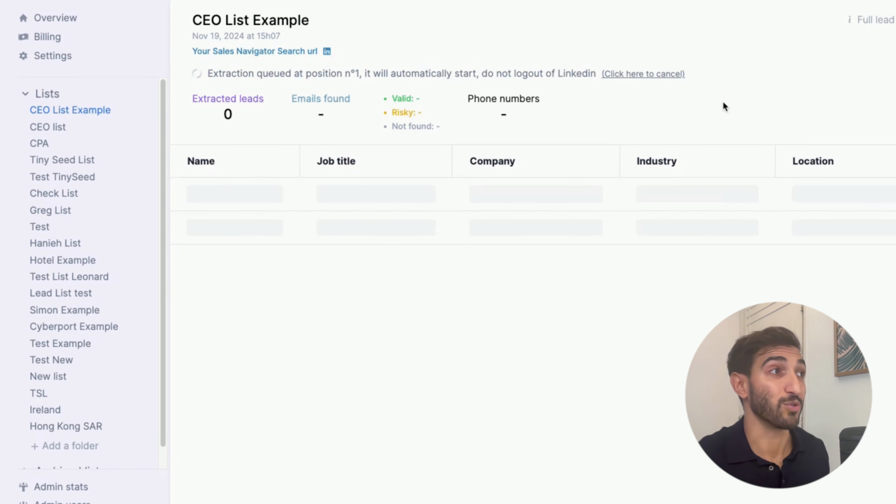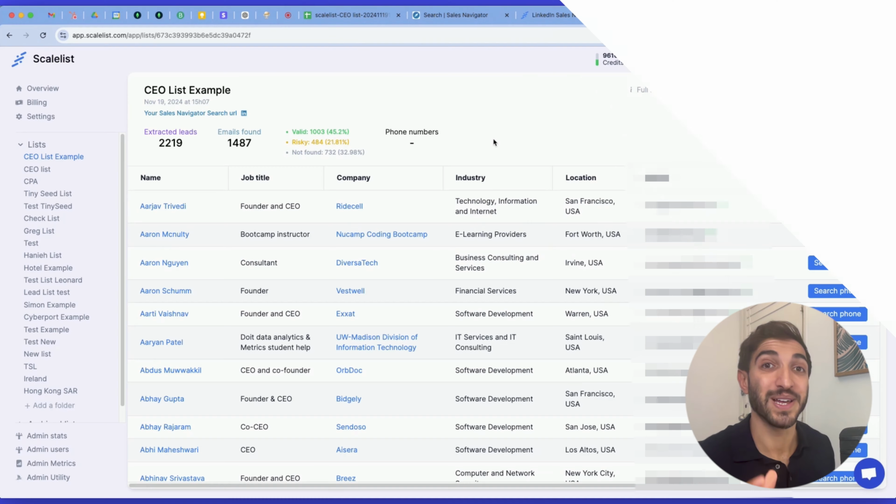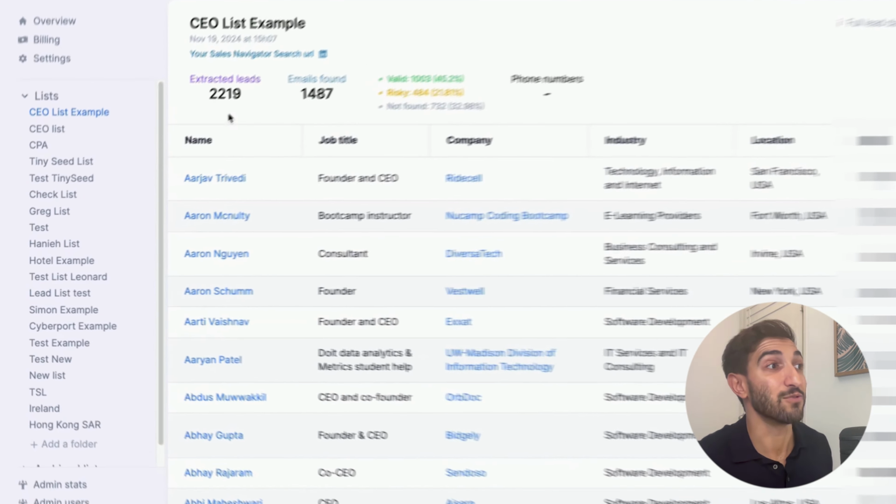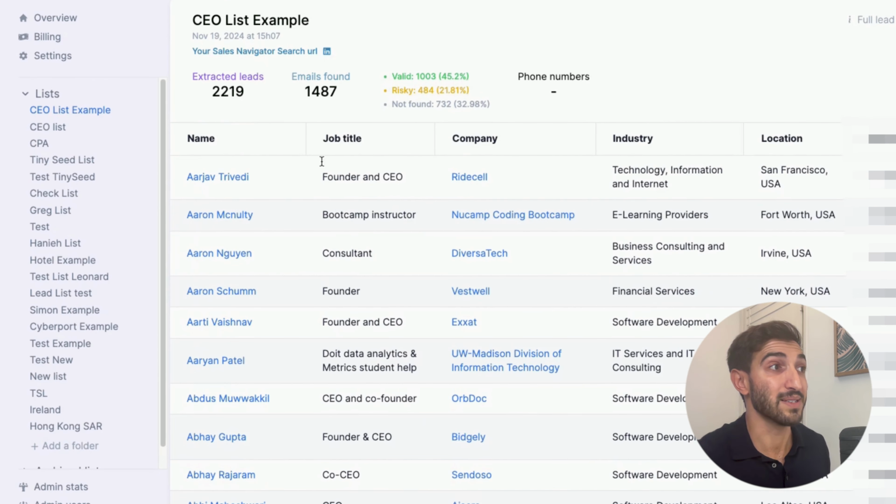So now it's starting the export process. I can rename my list if I want. I can find the search URL again, and it will tell me how long it's going to last. So as you can see, it will last for about an hour to export the entire list. Usually it's a little bit shorter, but I'll pause the video now and come back to the list when it's exported. It's now been exported successfully, and I can see that I have 2,219 leads on my list, out of